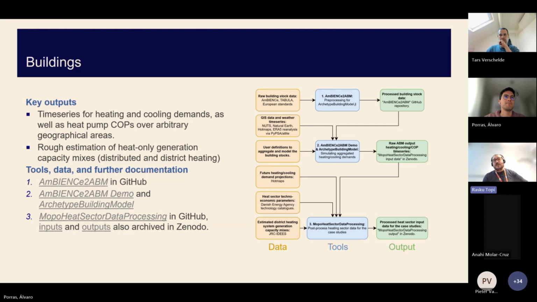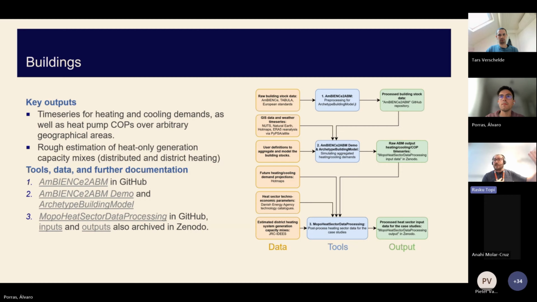It takes in future heating and cooling demand projections from Hotmaps, EU project results, and also includes heating sector data or parameters from Danish energy catalogs. And for the heating device capacity mix distributions, it relies on JRC IDEES data. What comes out of this is the final data set for the case study done by Álvaro.